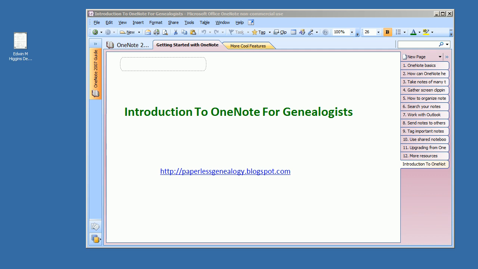So I started a blog at paperlessgenealogy.blogspot.com, and I'm starting to slowly take my genealogy paperless. And so one of the tools that I'm using to do that, and what I'm trying to chronicle here, is Microsoft Office OneNote. And the version that I'm using is 2007, but it's pretty similar to other versions that